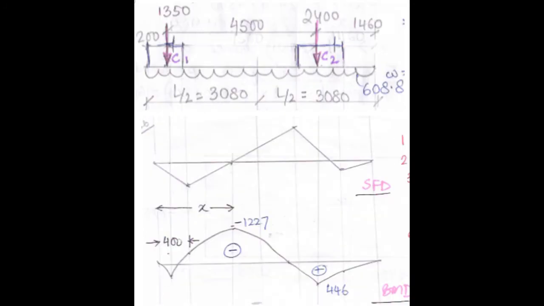Here you can see the shear force diagram and the bending moment diagram. As I have just explained earlier, at the distance x from the column end where shear force is equal to 0, at that point the bending moment is maximum. So here again I have drawn the beam. Please take a note over here.